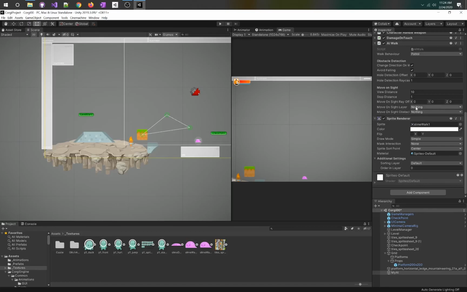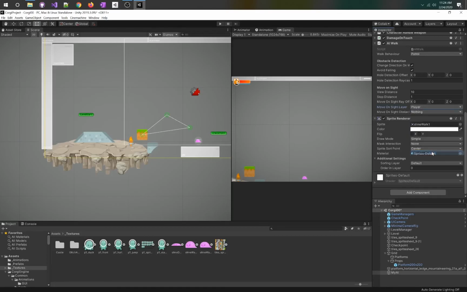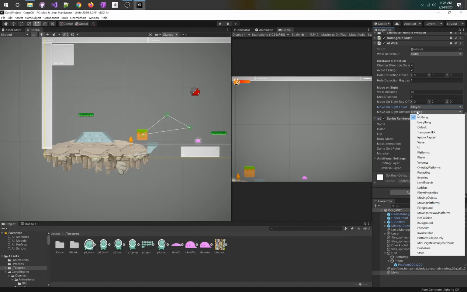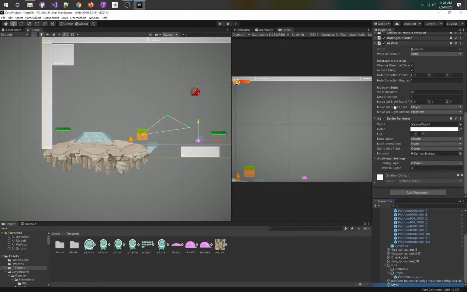So move on sight layer, this is the thing you need to set, so we'll leave this over here. The move on sight layer is player, and move on sight obstacles, the things that stop it from being able to see you, are platforms. And I'm gonna move my level start over here just so we make sure that the player is not seen right away. Move on sight on layer, you need to set the player and platform. But you also have to make sure to set move on sight. And then from here,